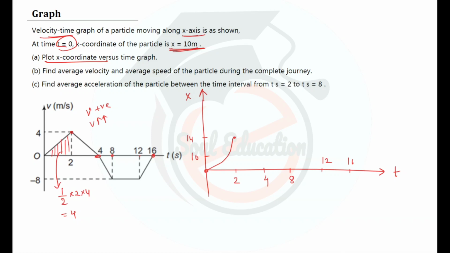Next, if we look at the area, it is also equal to half into 2 into 4, which is also equal to 4 plus 4 only, because it is in the positive first quadrant. So here also it is a straight line, uniform motion. Here it is a straight line, uniformly accelerated motion. But if we look at my theta, the slope,